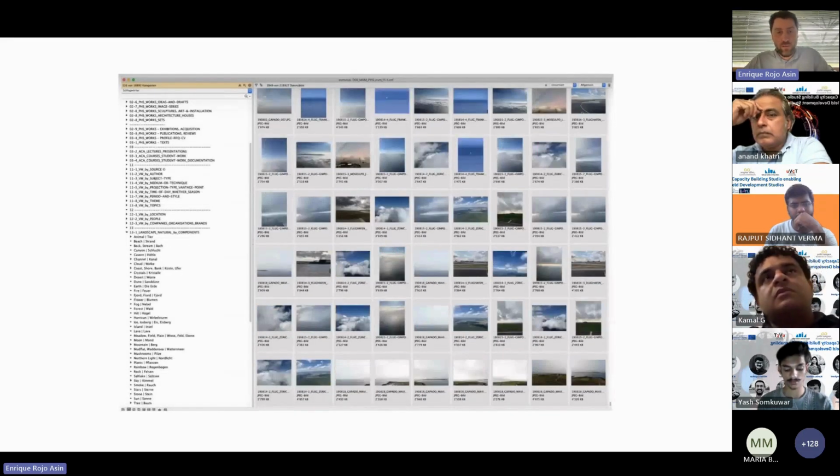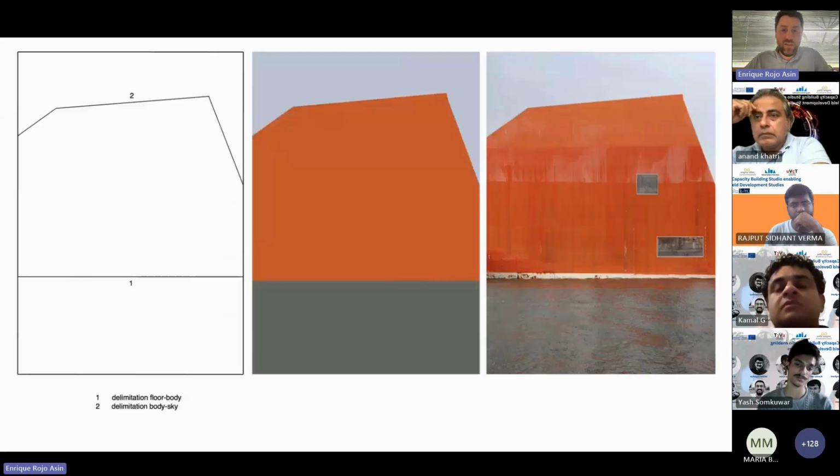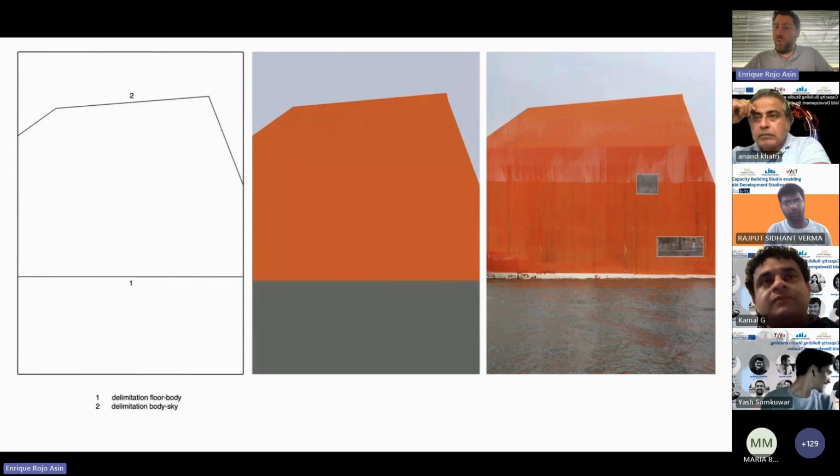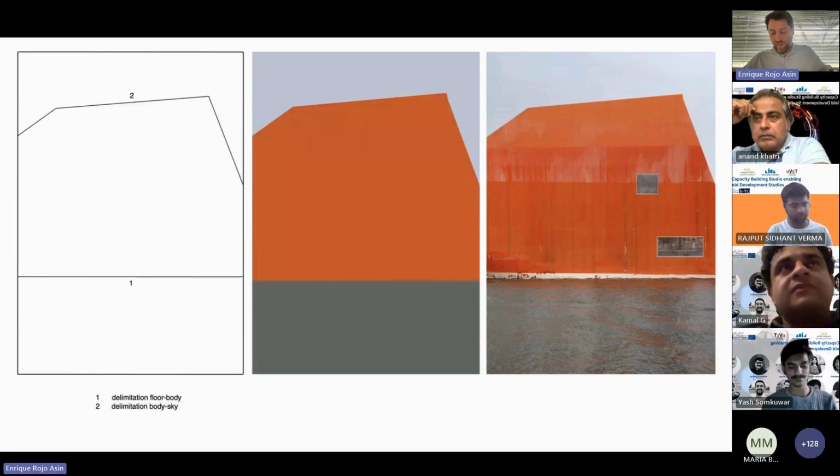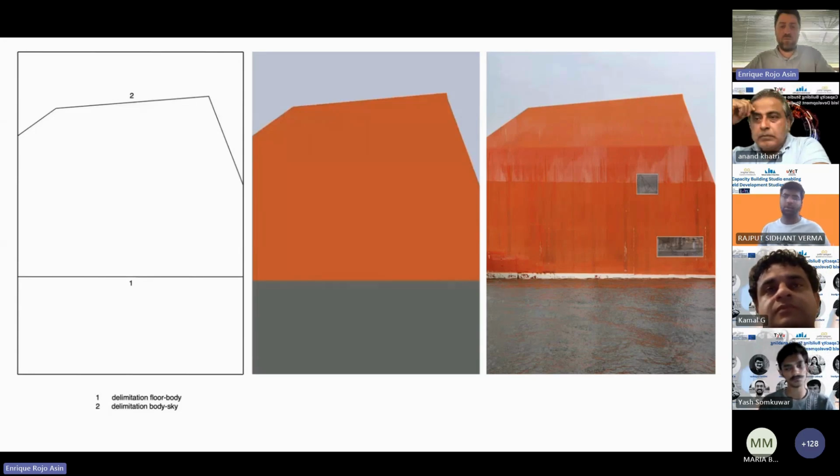So in that way, they had all these elements and they could compose an image that later would be rendered. And that's how, in the end, these databases are trained. So I think it's important to understand that it's not that new, that you could also do this manually, but it's also very time consuming.